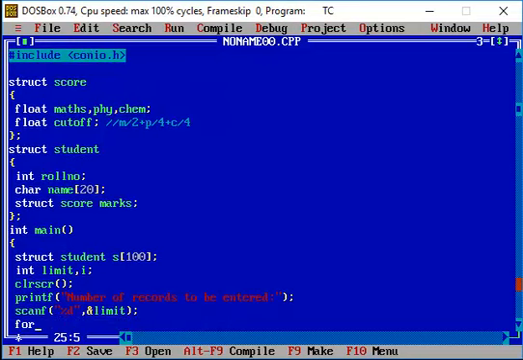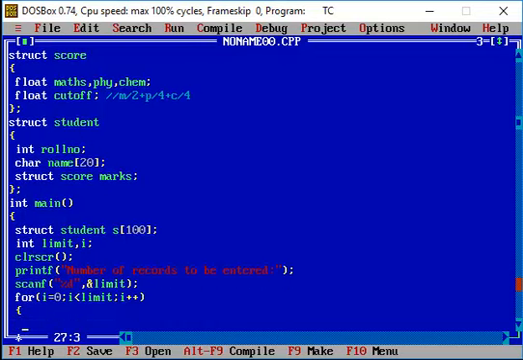Now I'm going to make use of a for loop where I'm initializing the i value equal to 0, since your structure variable is an array variable which can accommodate 100 records for the students. So we are going to start with the index value 0 to enter the first record for the student, and we have to set the limit value. We have to run the condition until i is less than the limit value. So this is something very common that we have seen in the array operations.